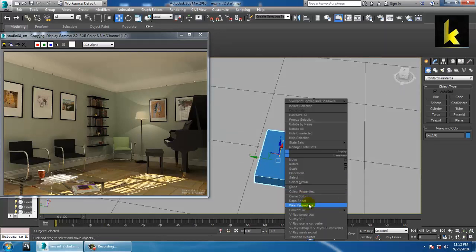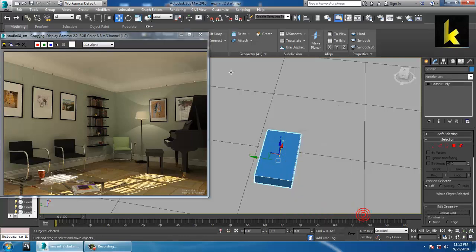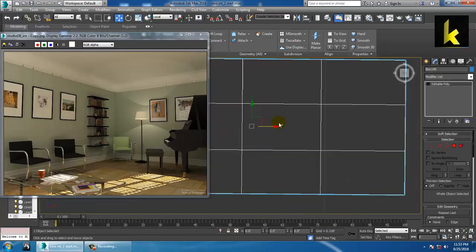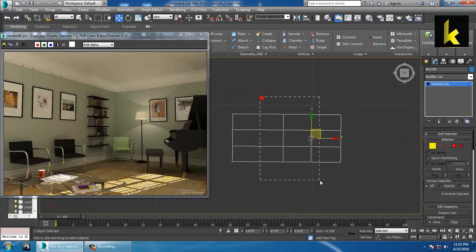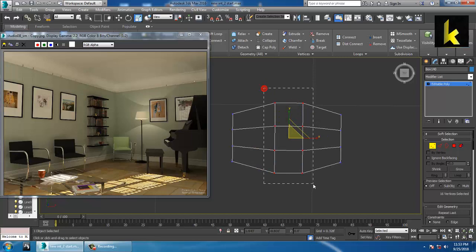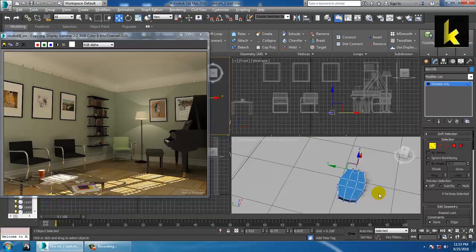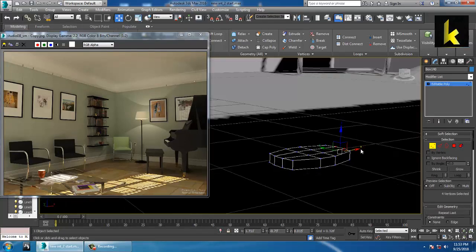So convert to editable poly, and you can use this loops over here to give it a perfect look. So you can resize it, or you can just give it a shape like this,